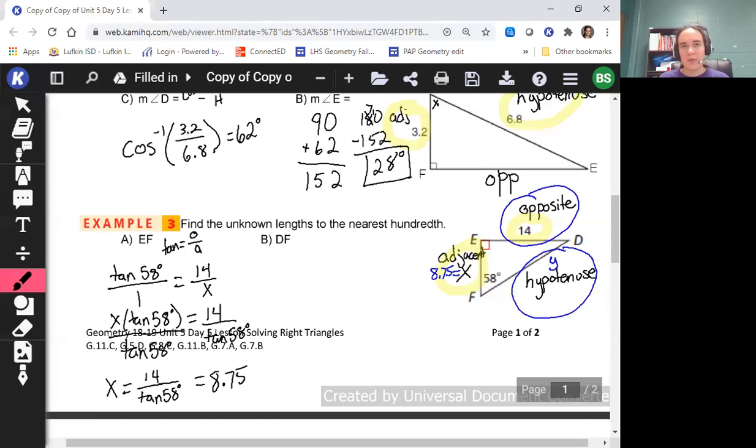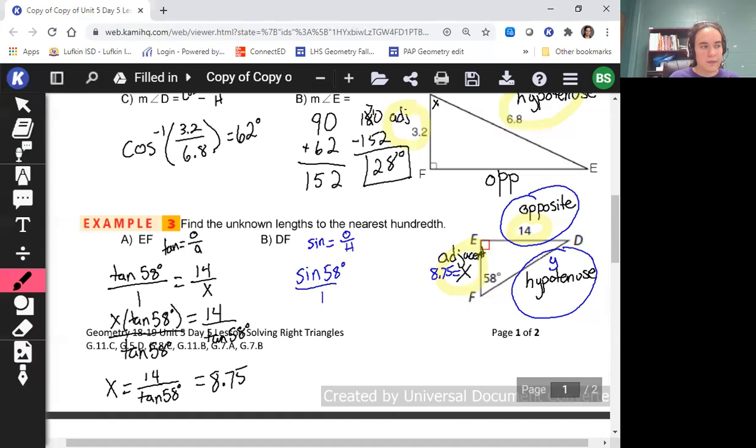Do not use the 8.75. That is something we found and rounded. It will not give you an exact answer. So always use the information that was given to you in the problem. So we have opposite over hypotenuse. What is opposite over hypotenuse? It is sine. And we take the sine of our angle, which is still 58 degrees,